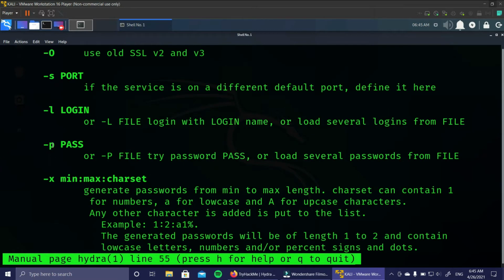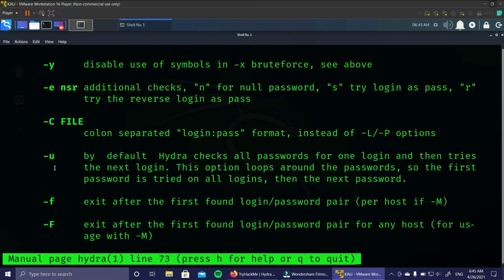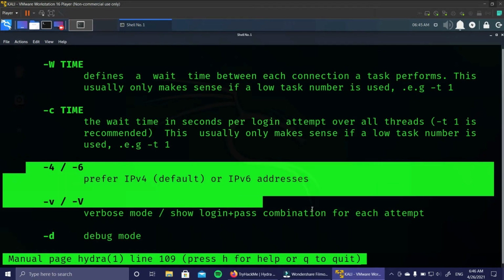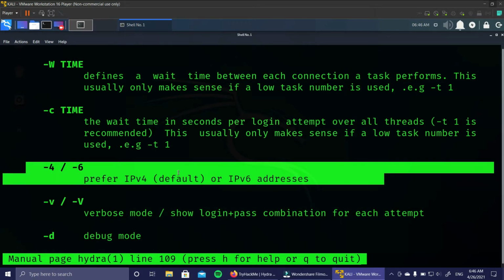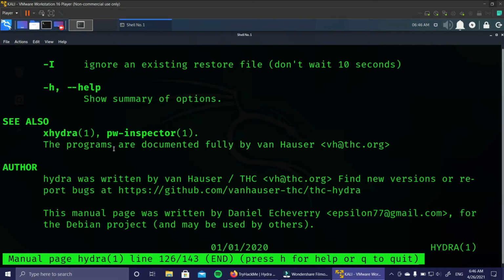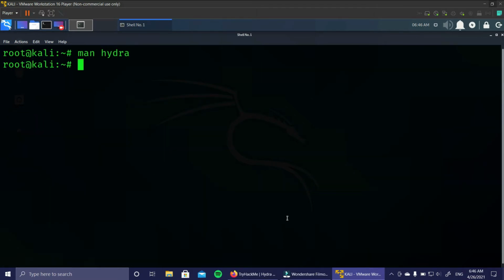There are parameters like -L for login, -P for password, -x for minimum and maximum character set, so you can also generate a character set while using the tool. -s is for port, capital -O for old SSL. There are a ton of options from which you can select. By default it will use IPv4, but if you want to use IPv6 addresses, you can just type -6. Many things here, and it is a pretty simple tool to use.